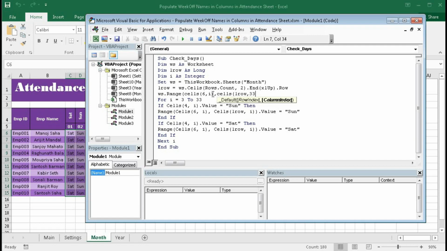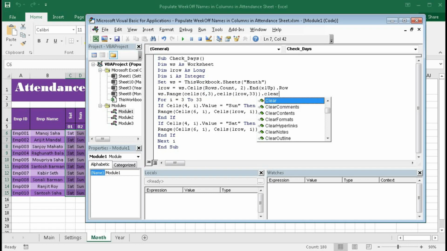You can also put 3 here. So bracket close for Cells, bracket close for Range, dot ClearContents, this one.